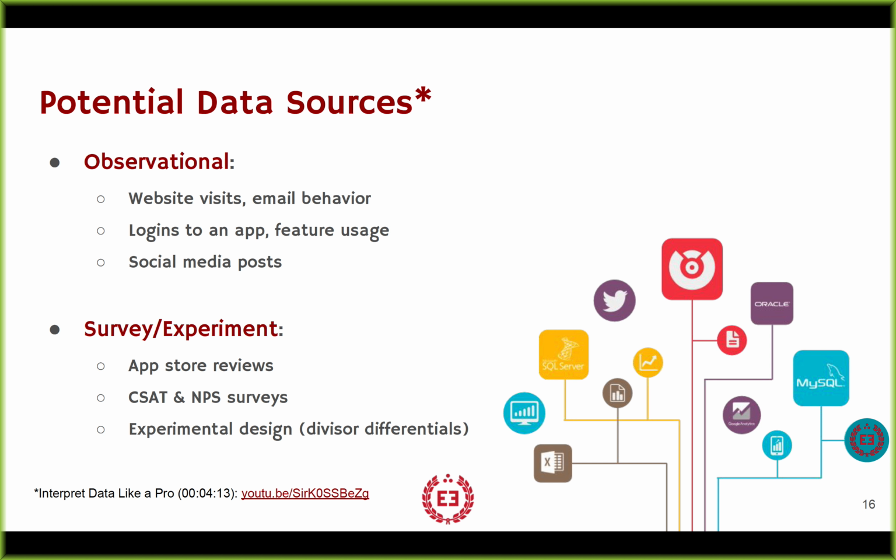And that's because it's unlikely you're going to do experiments in a construed environment where you create an office and bring people into work in that office and you watch them and measure their behavior. It's more likely that you'll just ask them questions on a survey, but you might use experimental design, something like discrete choice modeling or something like the Divisor Differentials I'm going to show you today, to do an experiment through that survey. But almost every organization is doing customer satisfaction and NPS surveys. That is survey data you should definitely be including.